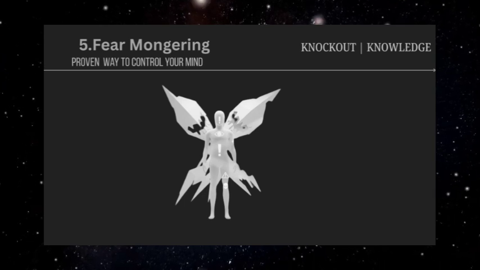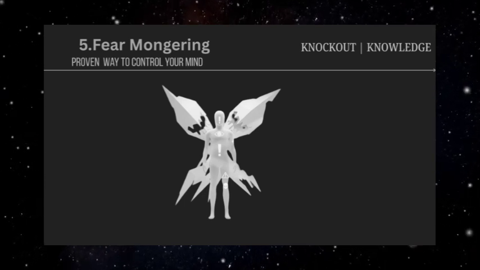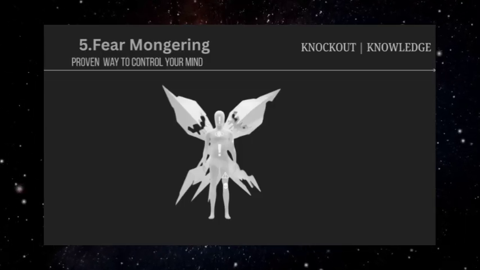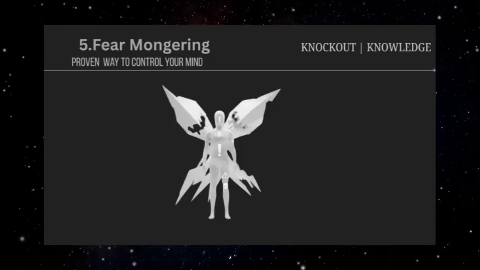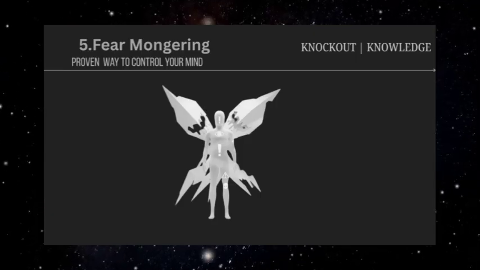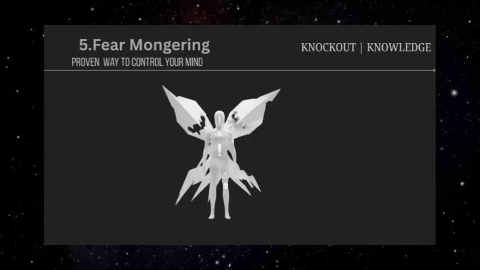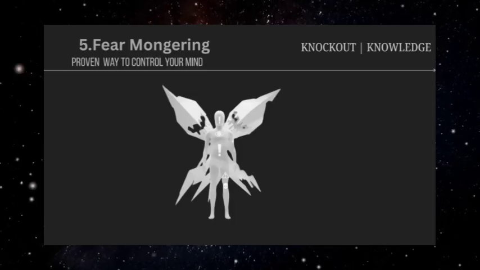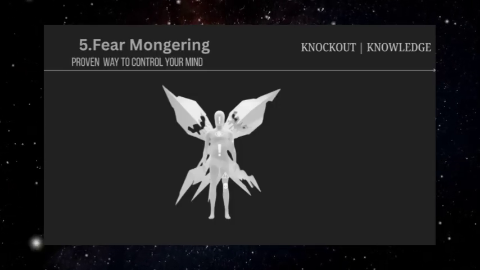In personal relationships, fear-mongering might involve convincing someone that the outside world is dangerous and that only the manipulator can provide safety. They might constantly point out potential threats, dangerous people, risky situations, unreliable friends, gradually convincing their target that isolation and dependence are forms of protection rather than control.